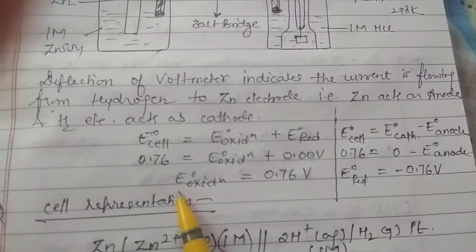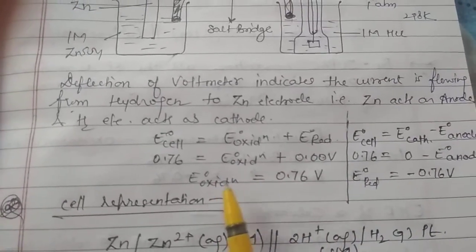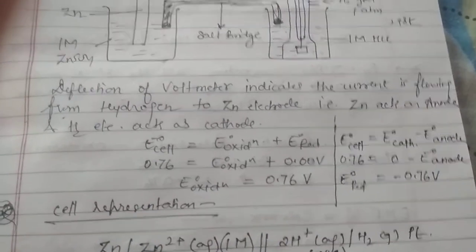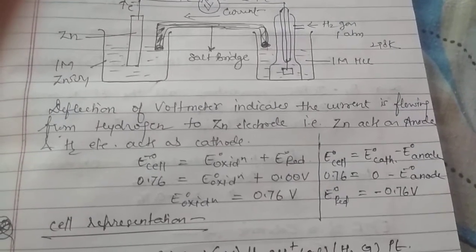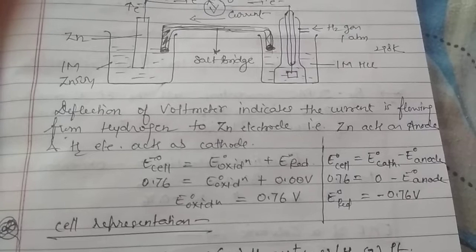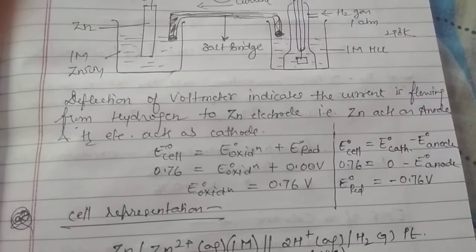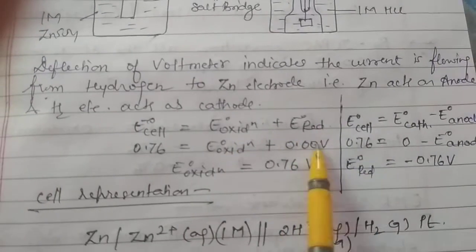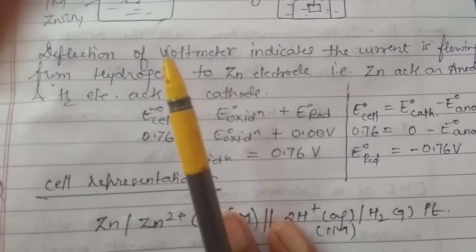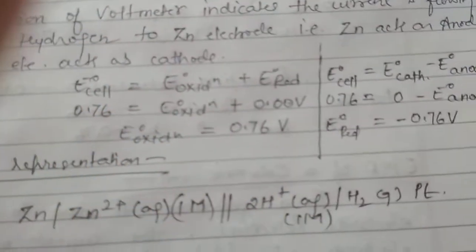So we are able to see that E oxidation in this case is 0.76 volt. It means the oxidation potential of zinc is 0.76 volt. Now, in the electrochemical series, we have been given the standard reduction potential. By the IUPAC convention, we may say the electrode potential is the reduction potential till the time we are not told it is an oxidation potential. So we may also calculate the reduction potential in this case, and we will see, as I have told you, that the reduction potential and oxidation potential have the same values, only the sign changes. So let's check whether it is so or not.